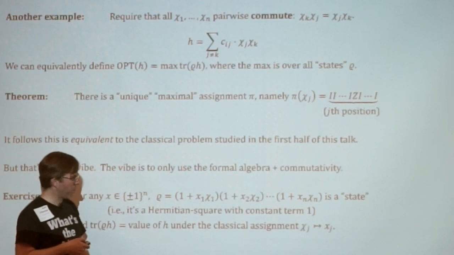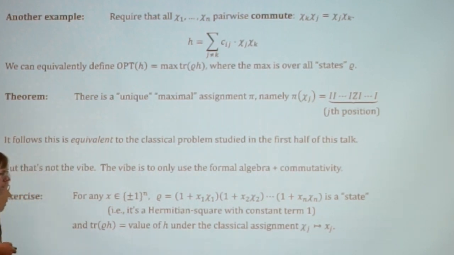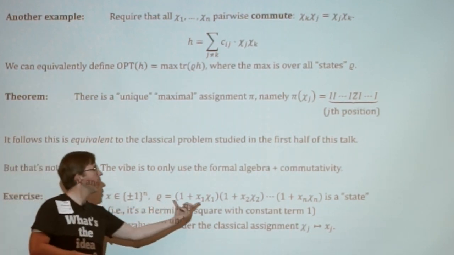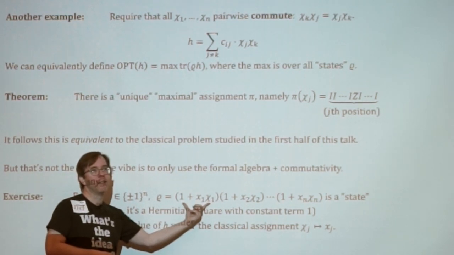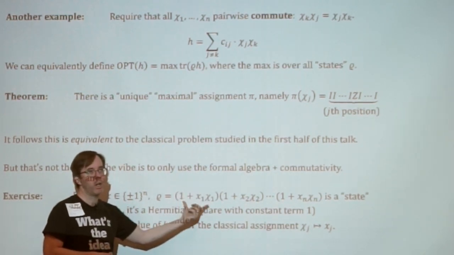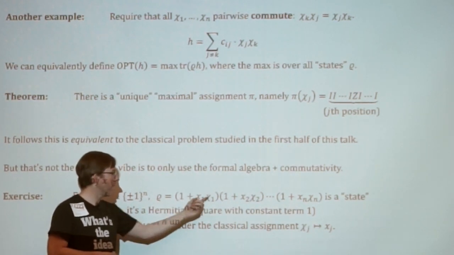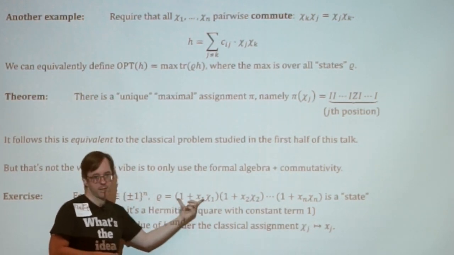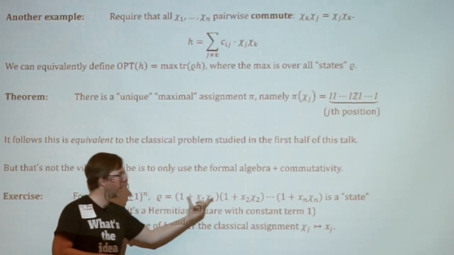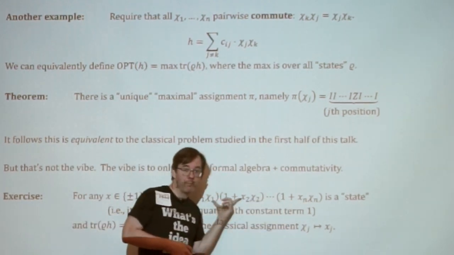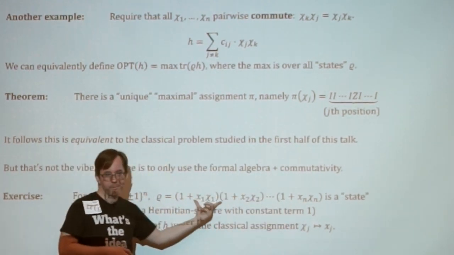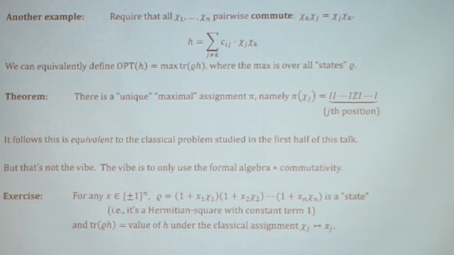And it doesn't look like it's a perfect square, but actually it is. If you think about this for a moment, if you square this factor and use that chi i squared is 1 and that these chi's commute, well, you don't need that yet. You'll get that the square of this is basically itself up to a factor of 2. So this is a square, and this is a square, and this is a square, and they all commute. So this whole thing is a square. This is not super important to follow, but